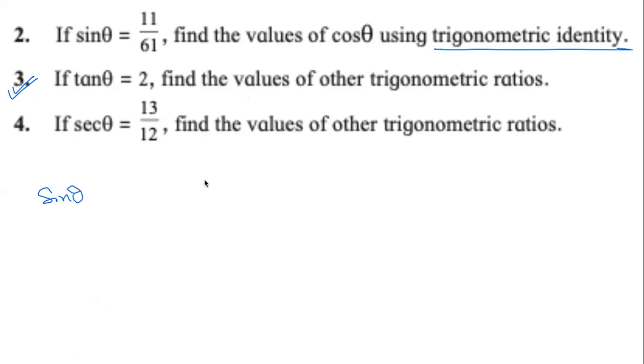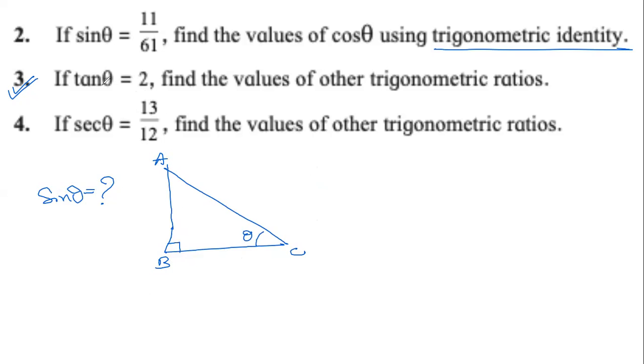For question number 3, what is given is tan theta equals 2, and it is asking us to find the values of other trigonometric ratios. I said in the class right now, try to find the value of sine theta using Pythagoras theorem. So the minimum things that must be there in your answer are a diagram, so we have a right angle triangle ABC with right angle at B. We need to show the theta, so say angle C is theta.